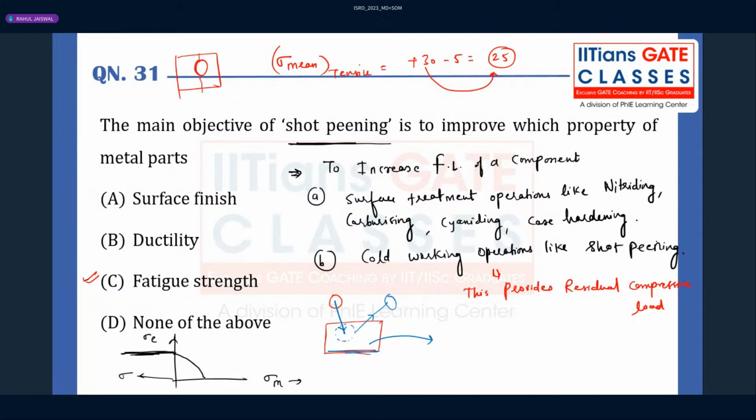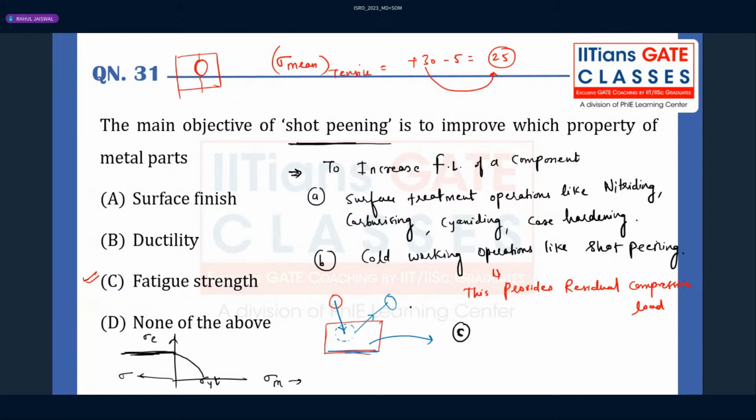When you just increase the value of load in such a way that it is exceeding the value of sigma yt, already the endurance strength is nothing you have. The failure phenomena already begin, right? Now the third operation, what we call,